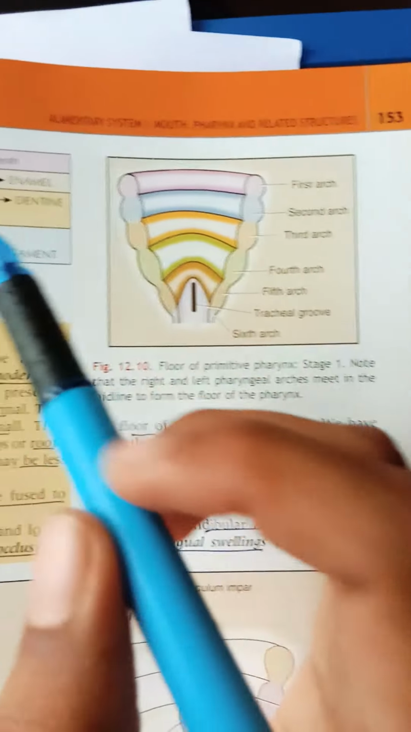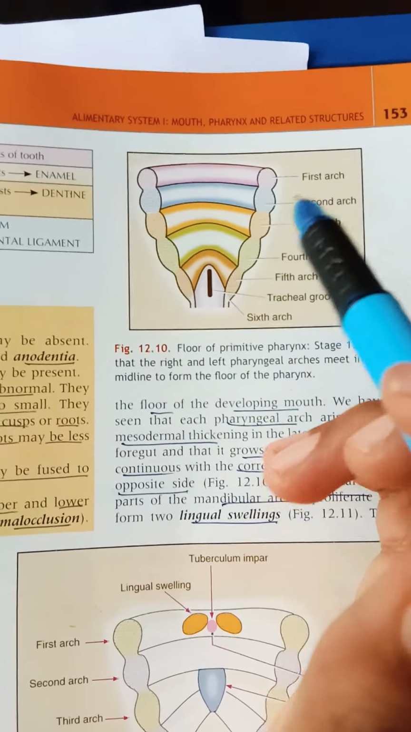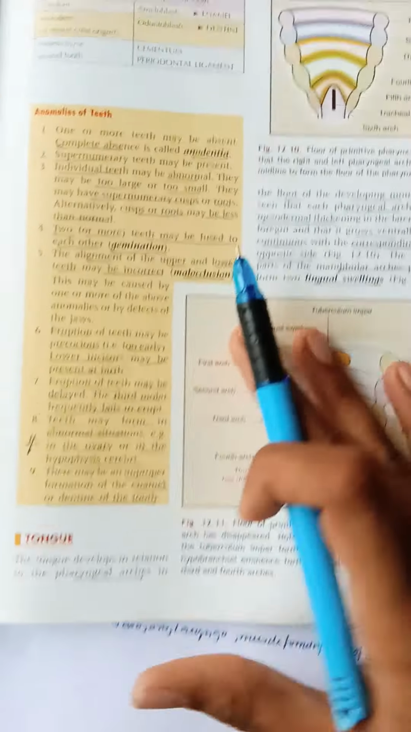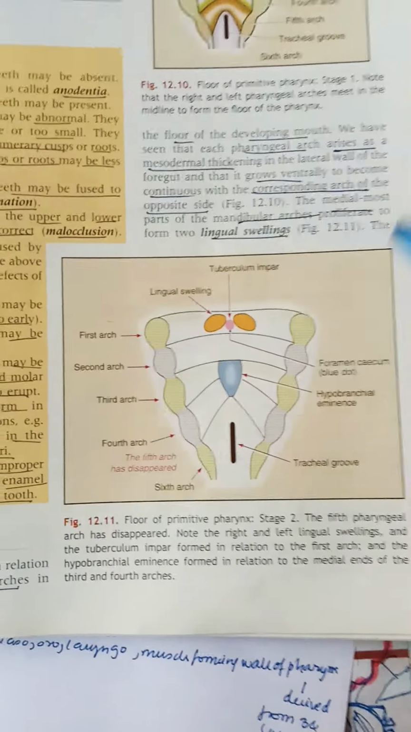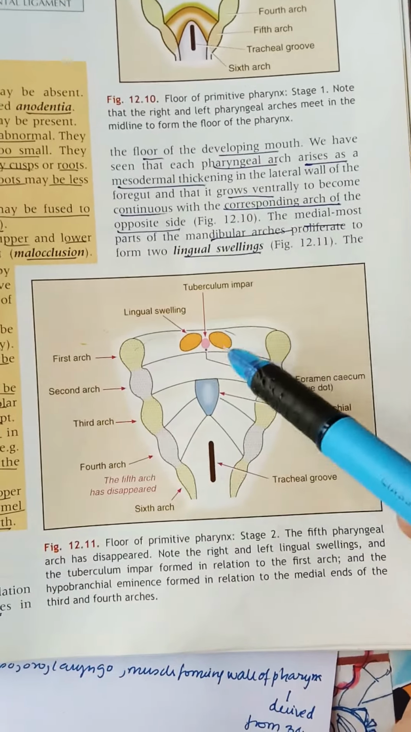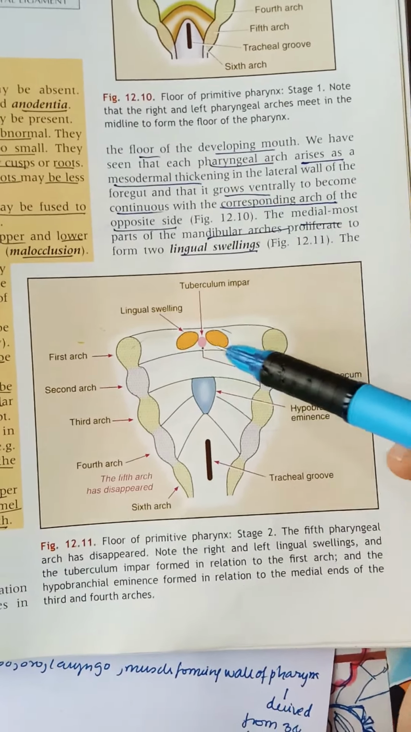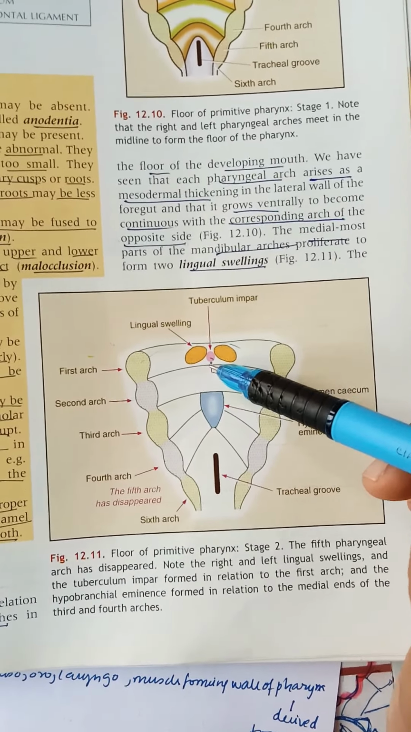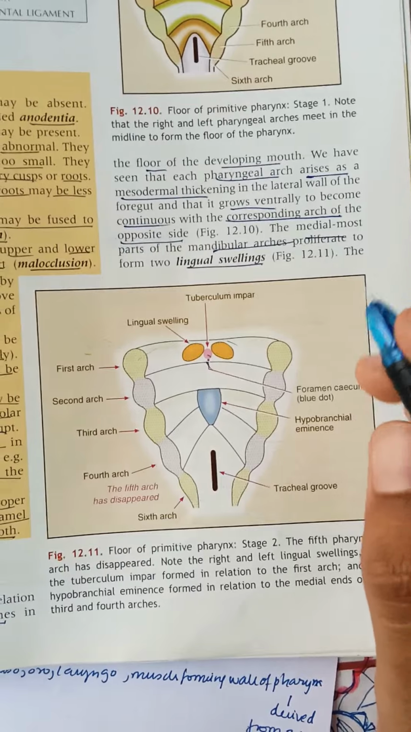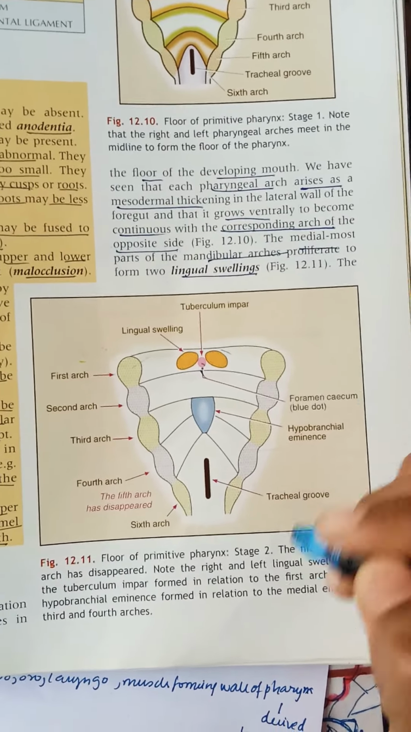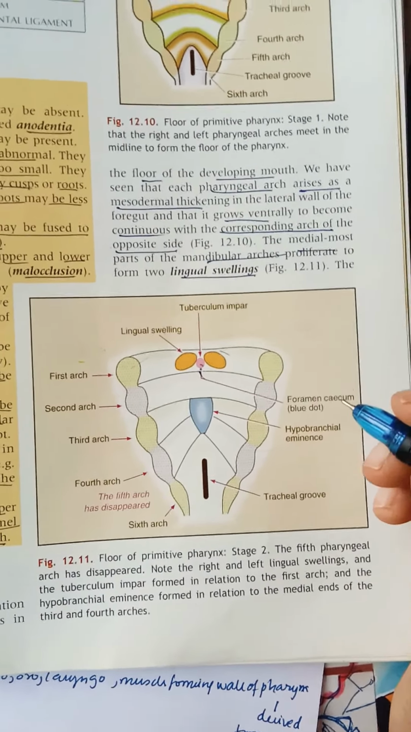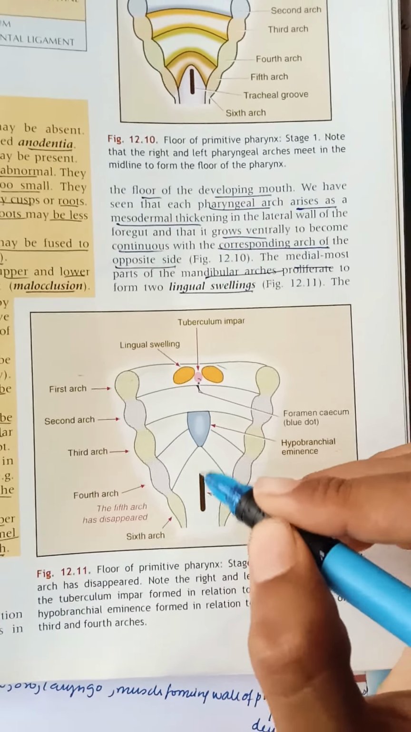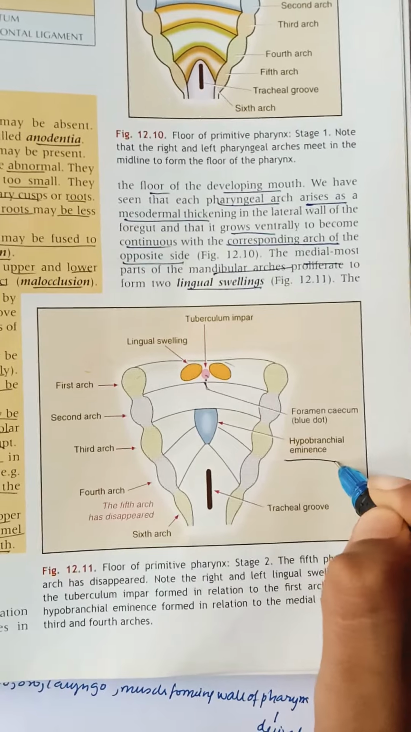So mainly tongue development is associated with the pharyngeal arches. So you can see all the arches. You can also check my video on pharyngeal arches to get clear details. In the pharyngeal arches, in the first arch we have two lingual swellings on the sides and in the middle the tuberculum impar, and here is the foramen cecum, from which the thyroglossal duct descends to form the thyroid gland. And from the second arch up to the fourth arch there is a midline eminence called the hypobranchial eminence,